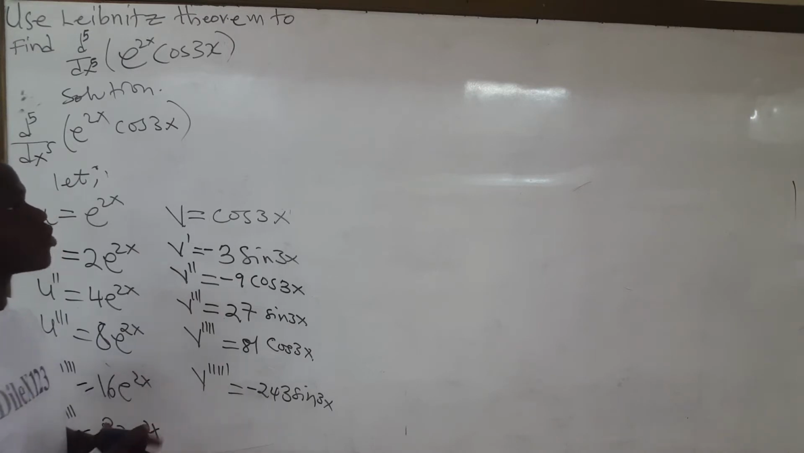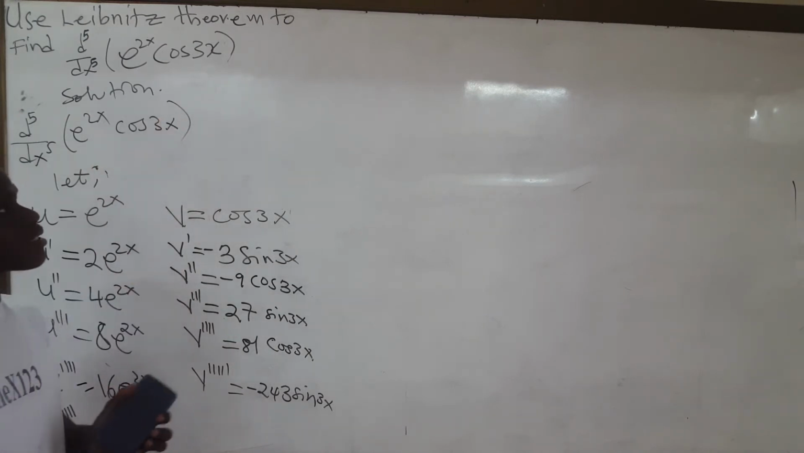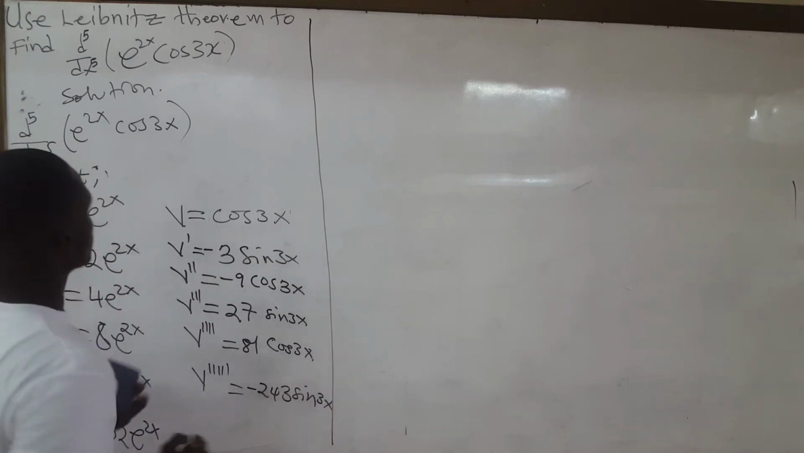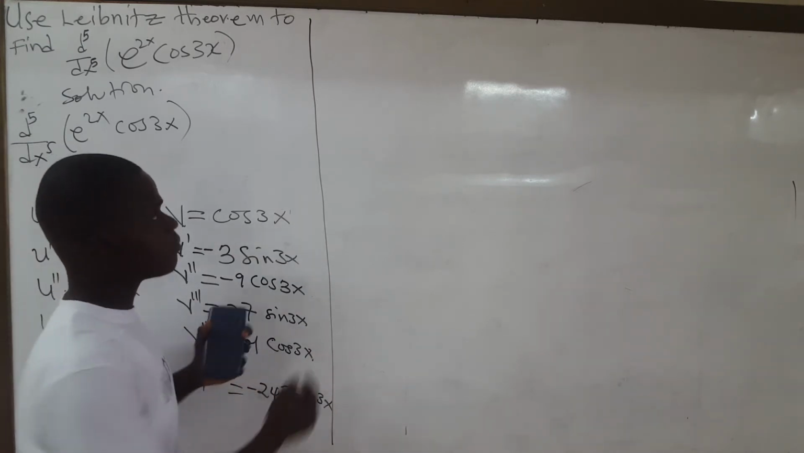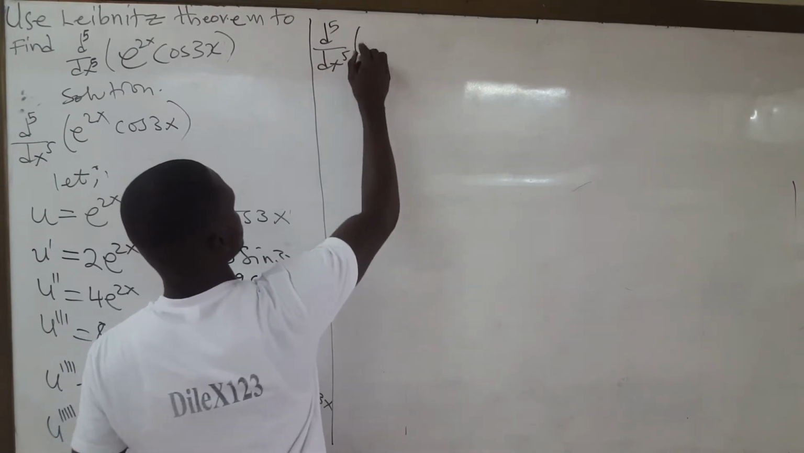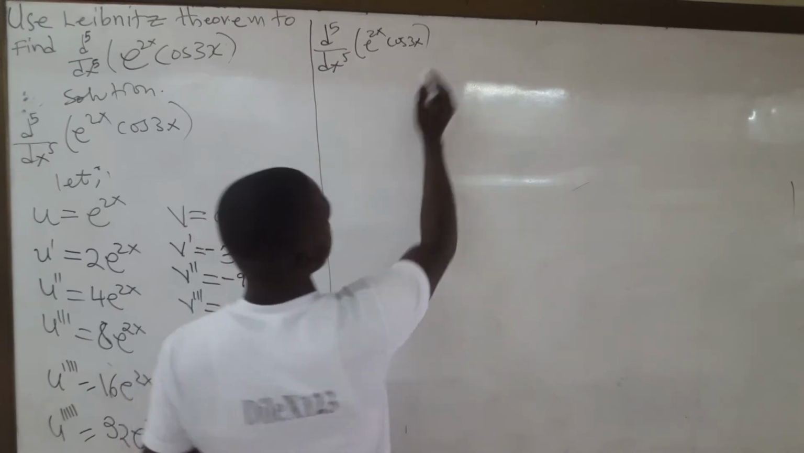Now we need to write the expression for the fifth differential of e exponent 2x cos 3x. So how do we write that? According to Leibnitz theorem, the fifth differential with respect to x of e exponent 2x cos 3x is written as